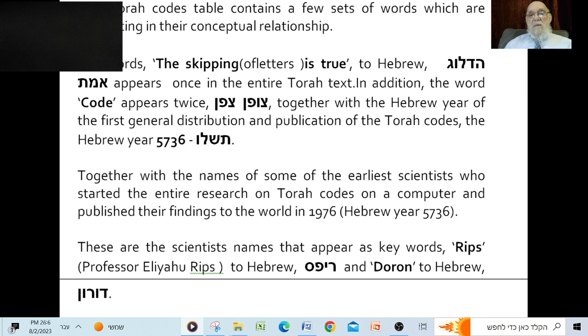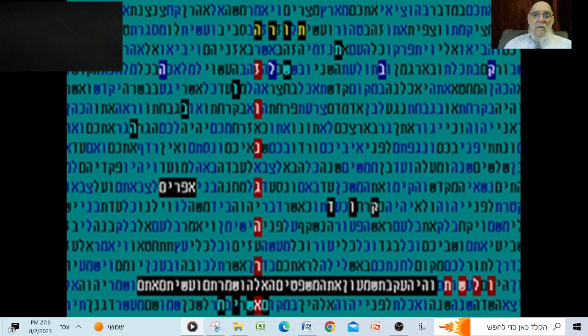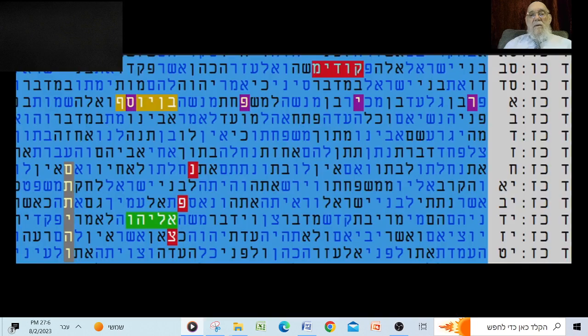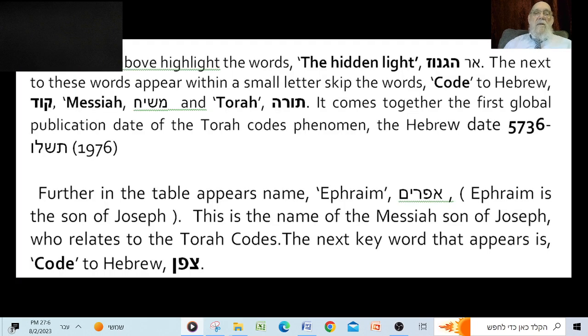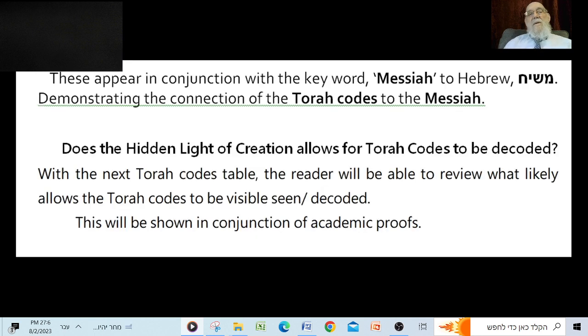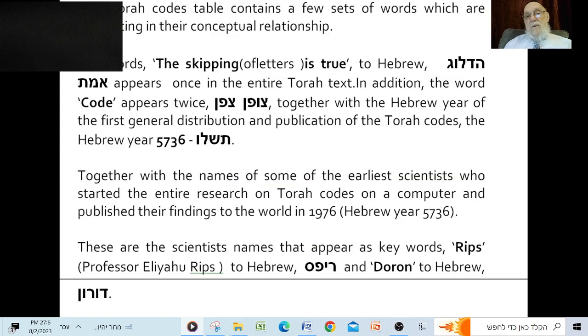There are scientists' names that appear as keywords: Rips, Professor Eliyahu Rips, in Hebrew Rips, and Doron in Hebrew. So really, altogether, I think an outstanding explanation by him of those codes. There are many, many more. And it's important, because it's a proof that the Torah is from heaven, and this is why the rabbis encourage it, and this is why scientists said that if it is true, it is the